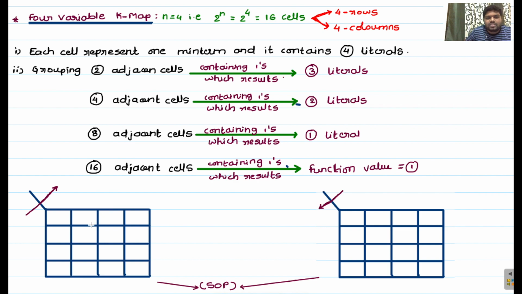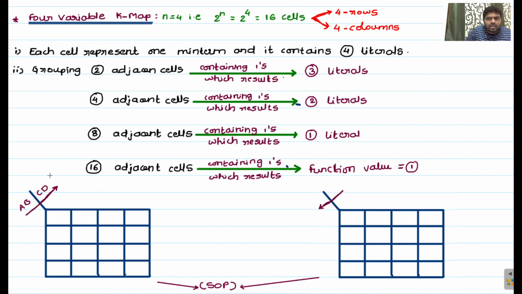Here, if you observe, this is your 4 cross 4 K-map, that means n rows and n columns. 4 rows and 4 columns means 4 cross 4, total 16 cells are possible with a 4 variable K-map, right? Here we have a total of 4 variables, so I am taking 4 variables here. In the upward direction I am taking A, B and downward C, D. Here we have 2 variables, here we have 2 variables, because this top side has 4 possibilities and this side also has 4 possibilities, so we accommodate them with 2 variables, right? A, B and C, D.